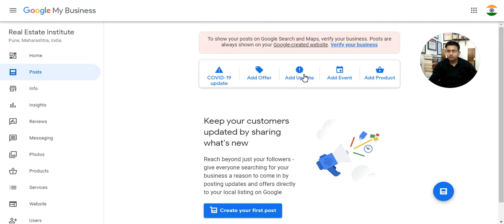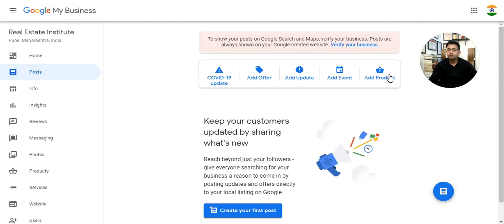You can add an update, like if you are changing your store location, or if you have exclusive benefits, discount. You can create an event, like you can host a webinar, and you can put the information here. So when people search for your name, or related to your services, they will get an update with this information.